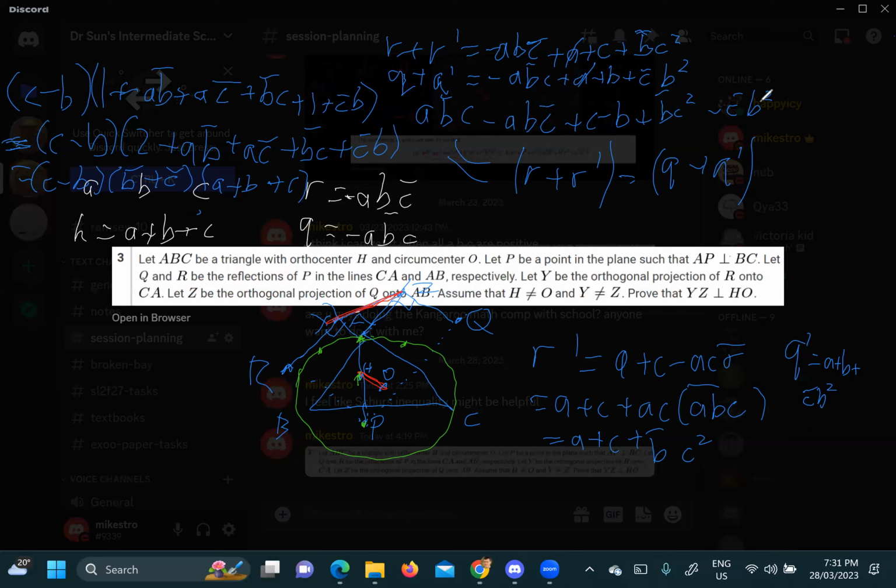Then B bar, C bar. Yeah, so if C minus B and then they're perpendicular, then it's like reflecting this one and then adding the angle and it becomes 90. If I bar this thing, it becomes C bar minus B bar. Yeah, it works out. B plus C. And then